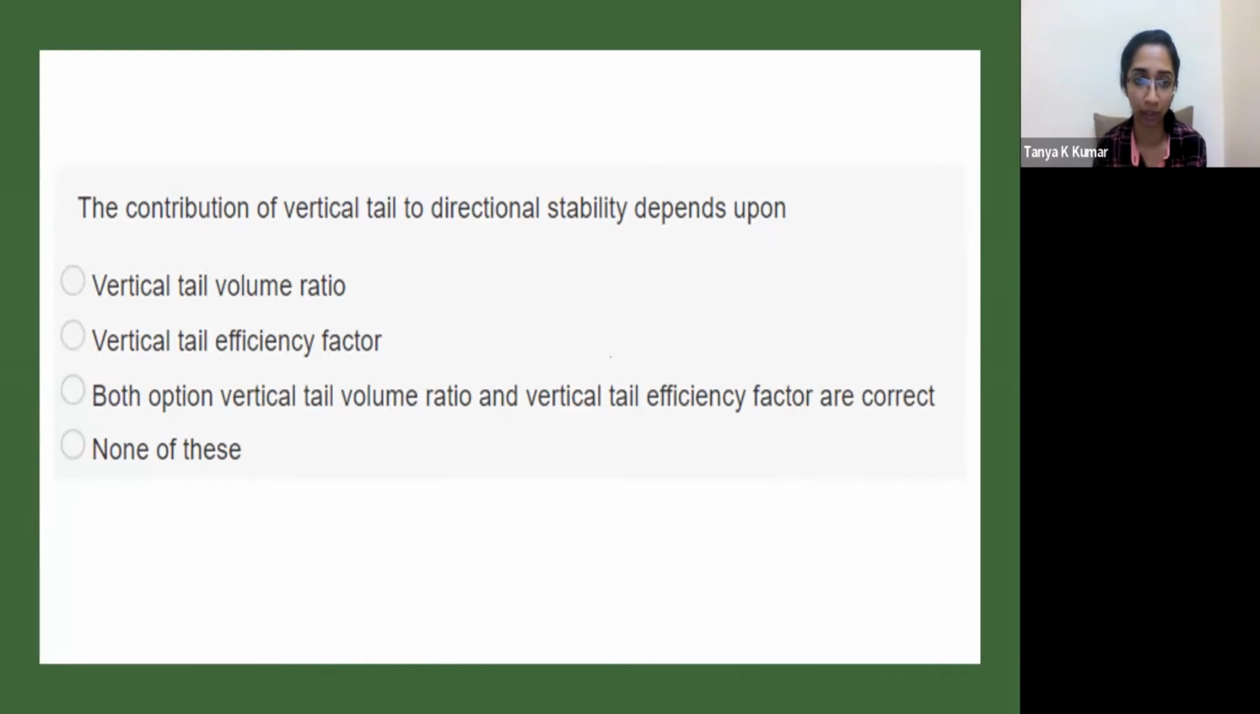What does it depend upon? Does it depend on vertical tail volume ratio, vertical tail efficiency factor, or both of them, or none of these? So we know the formula. This is the parameter that judges the stability, right? Directional stability. So what are the terms involved in this equation? You have a vertical tail efficiency factor, vertical tail volume ratio, Cy beta, the derivative of force with respect to